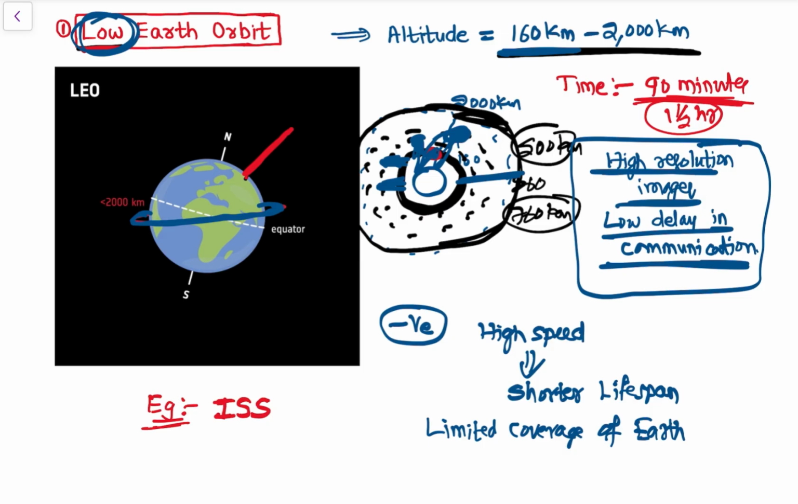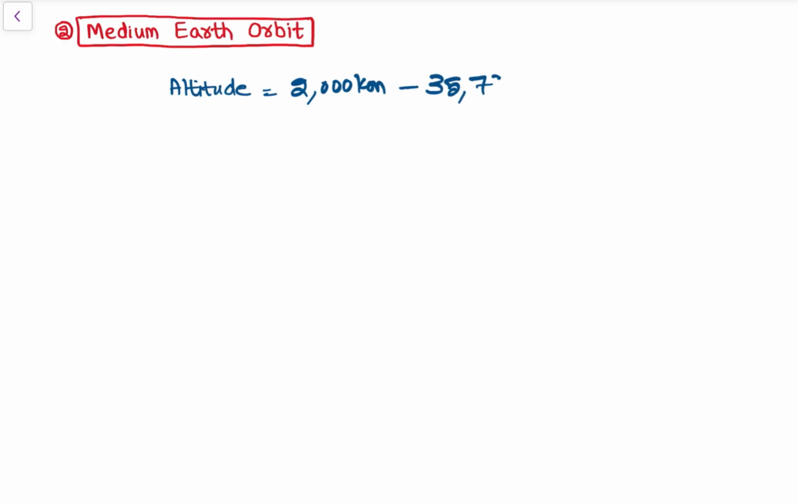Then let's study medium Earth orbit. Again, the altitude, the distance of the orbit from Earth, is from 2000 kilometers to 35780 kilometers. Any orbit in this distance range is considered a medium Earth orbit. And since medium Earth orbit is in the middle, the time for one orbit is between 2 hours to